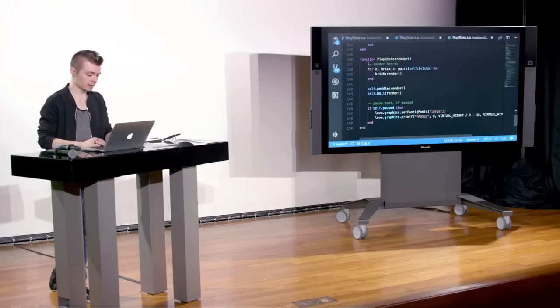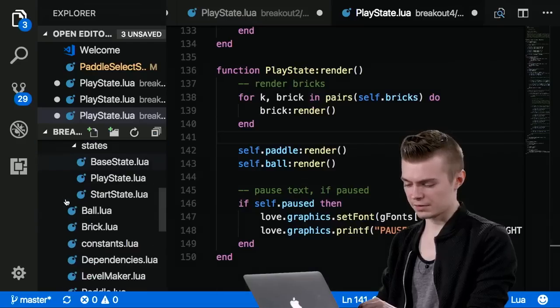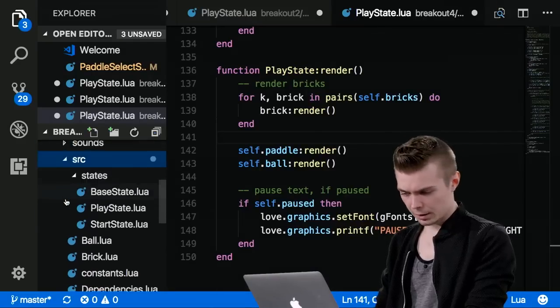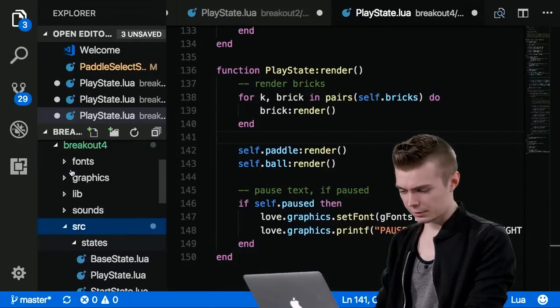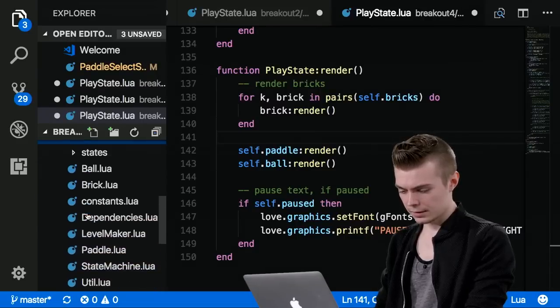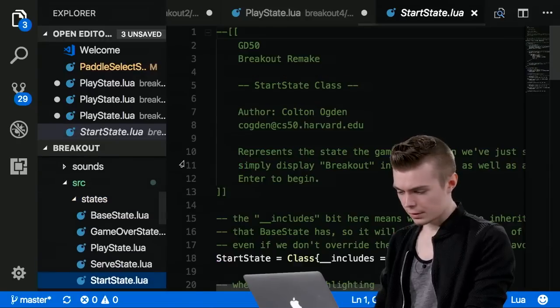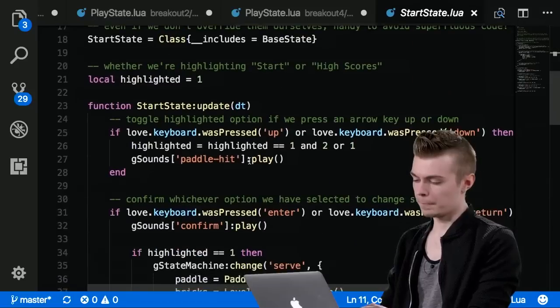So I'm going to go ahead, and we're just going to look at the code a little bit faster now, since a lot of this stuff's fairly straightforward. I'm going to make sure I'm in the right folder. First of all, Breakout 5. And then, so one other thing we're